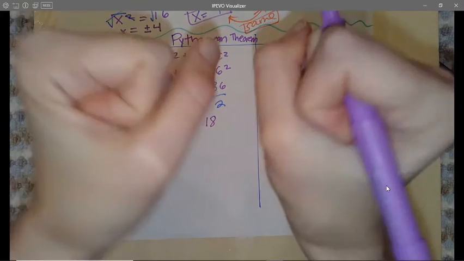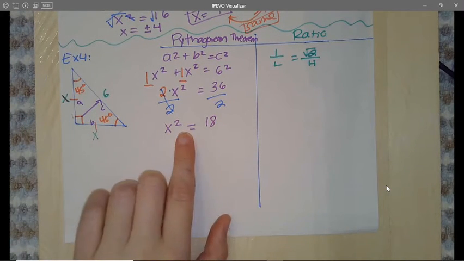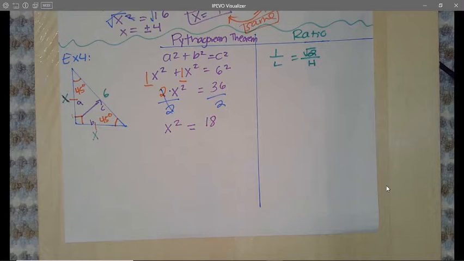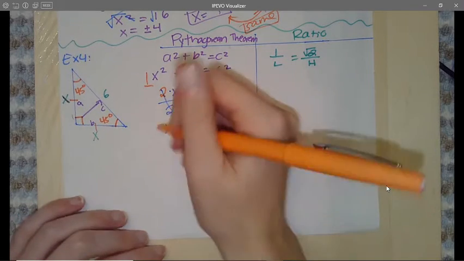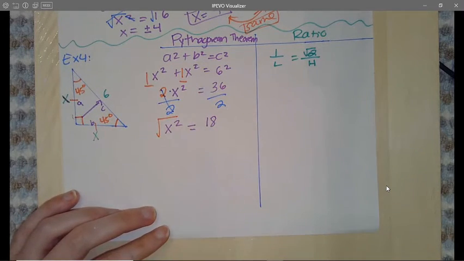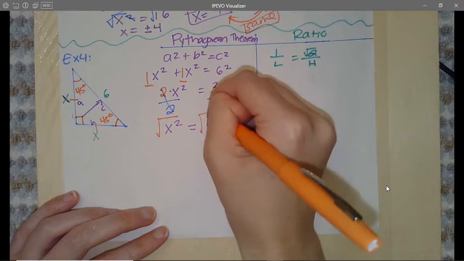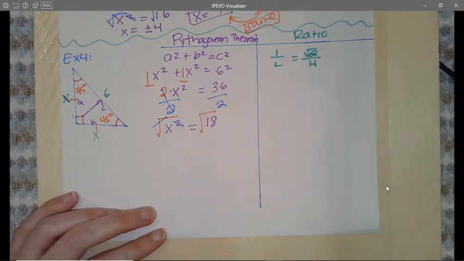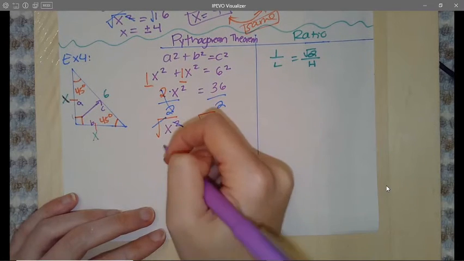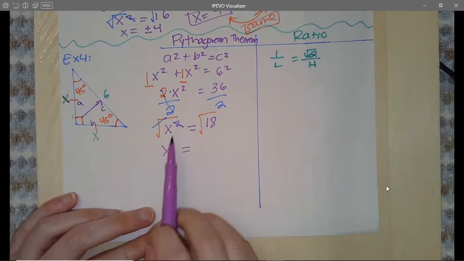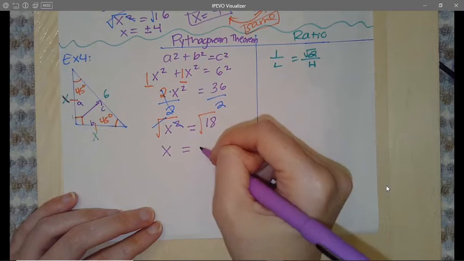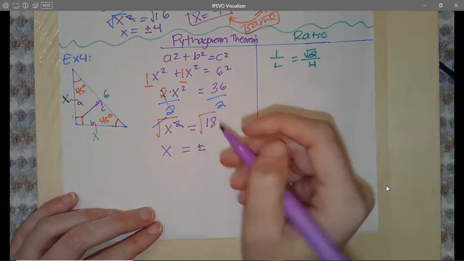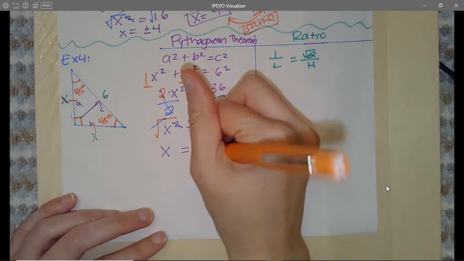Alright, and I'm so close to solving for x, but currently that squared is getting in the way. How do you undo a squared, or what is the inverse of a squared? Holy hot dog, that would be a square root, and I'm going to square root that thing on both sides. Which the square root and the squared will cancel each other out. So I'm left with x equals, when you square root both sides of an equation, a plus or minus will appear. Okay, and then the square root of 18,